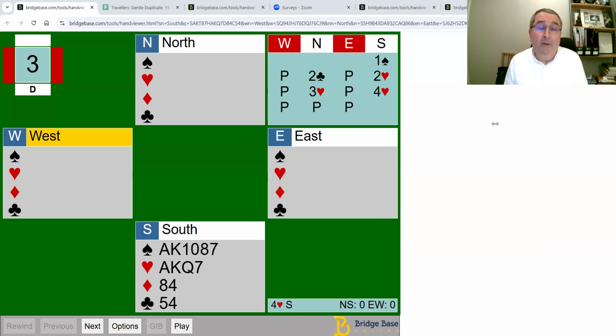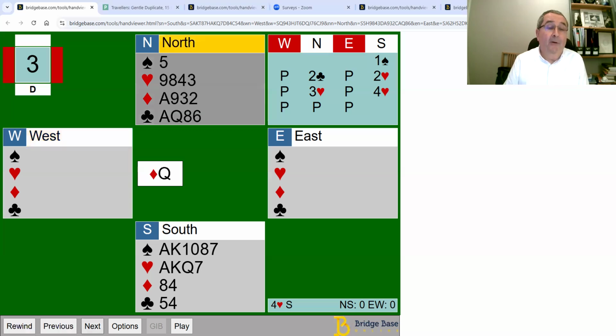And let's start with this one here, where you open a spade, North responds two clubs, you rebid your second suit two hearts, and they raise you to three hearts. You've got 16 points, so you go to four hearts, and the opponents lead a diamond. They lead the queen of diamonds, and down comes dummy, and we're going to stop to make a plan